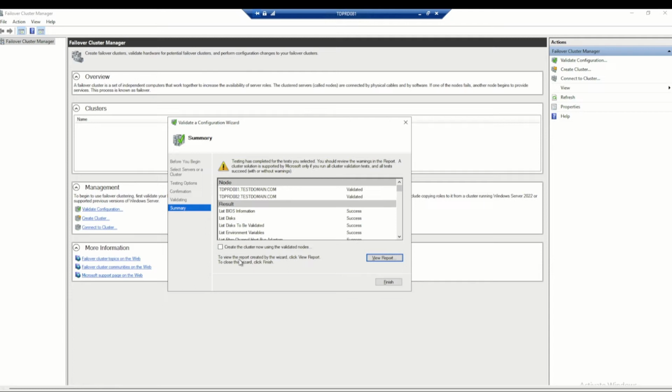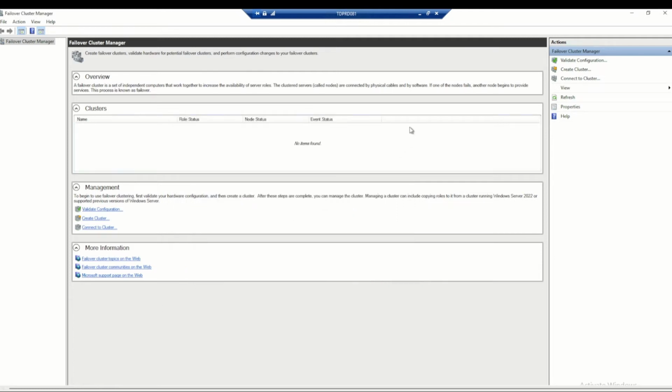But sometimes people forget, okay? They close this and then they forget, right? What you can do is right-click here and then create the cluster. That's one option. This is another option, and another option, just in case you forget that that dialog box has a built-in mechanism for you to create a failover cluster. Okay,